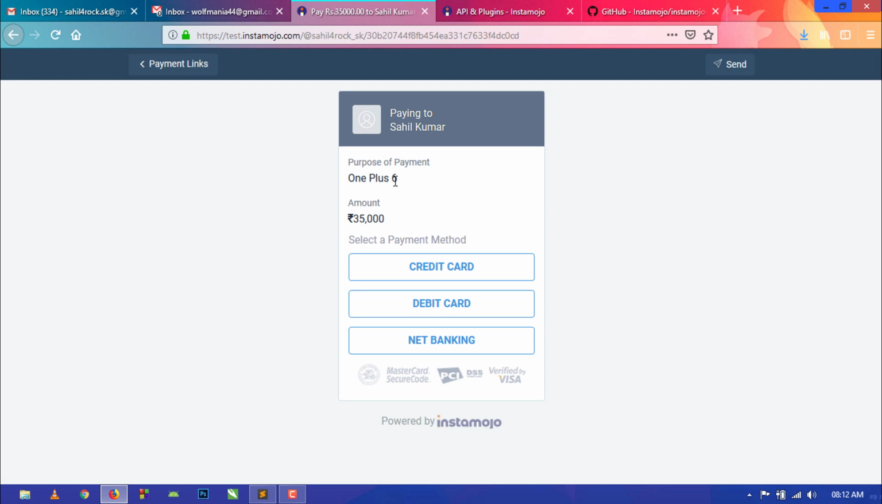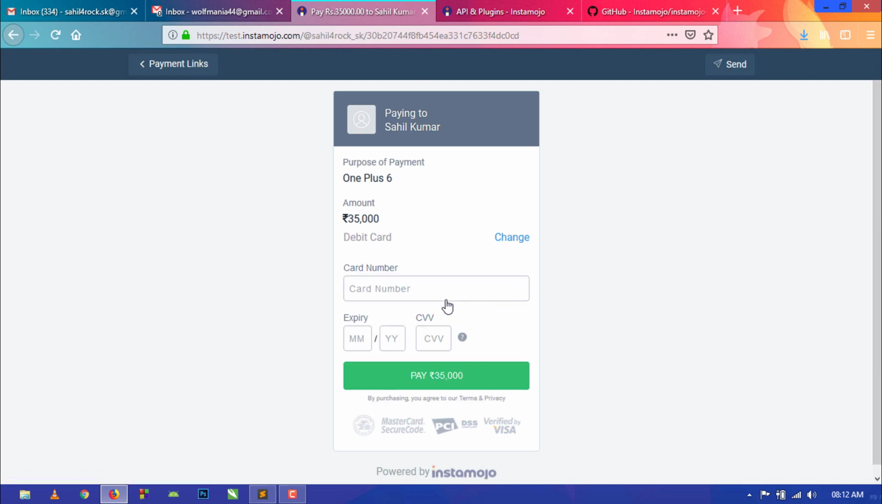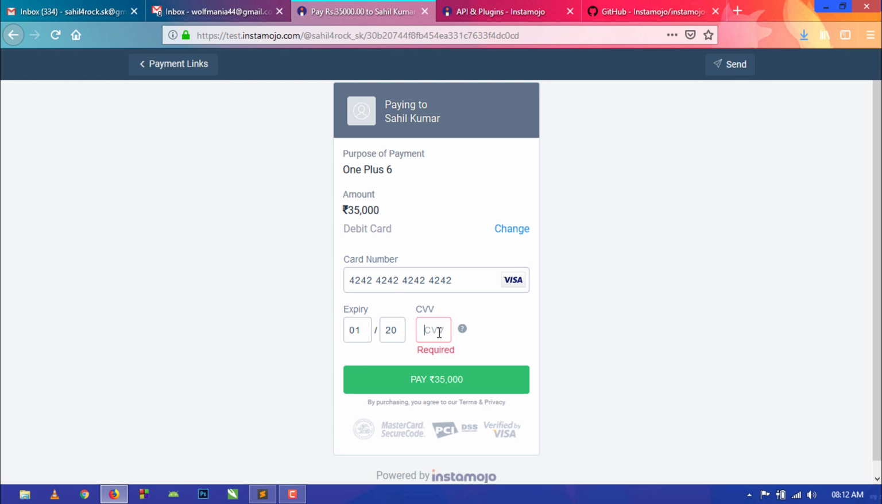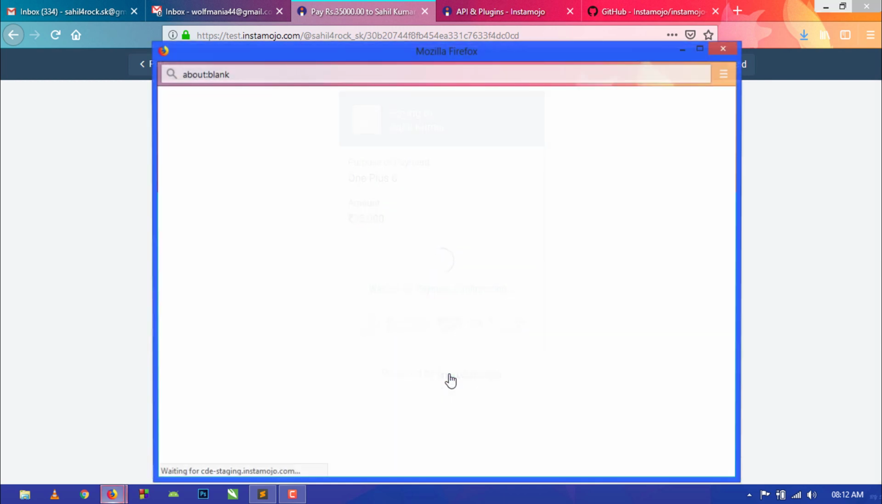request. From here you can select any one of these: credit card, debit card and net banking. You will get other options in the real Instamojo payment integration. In test.instamojo.com you will only get three methods. So when we click any one of the methods, here I will enter the card number, and here I will enter the details. Now when I click on pay, then it will show a different